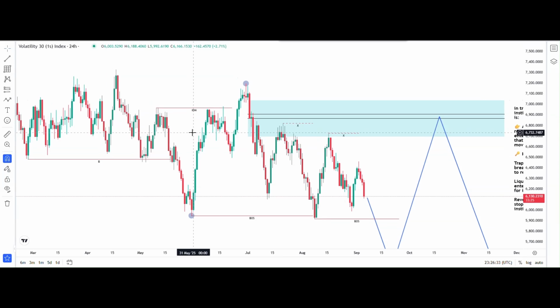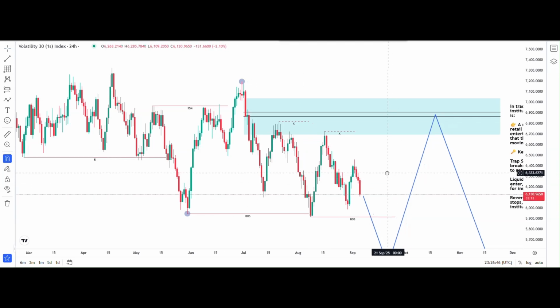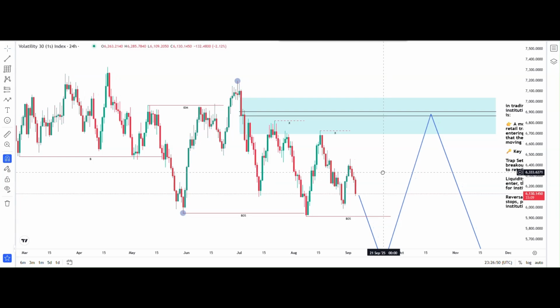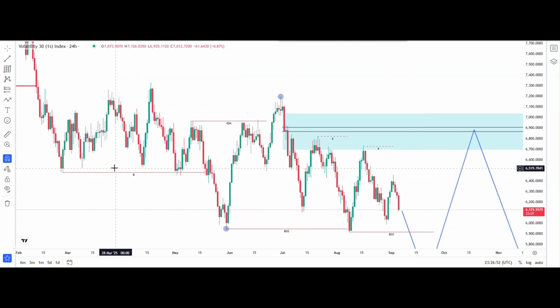Like we explained in the previous video, an inducement is denoted by the market creating an area where both sellers and buyers are induced into the action of both buying and selling in the same exact location, right? And both of them get stopped out. So at this leg of the market,